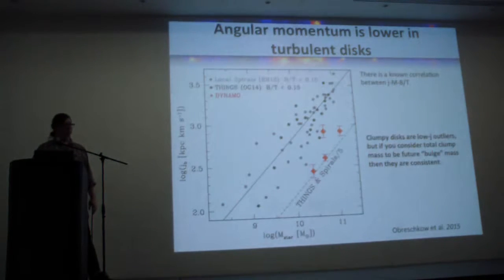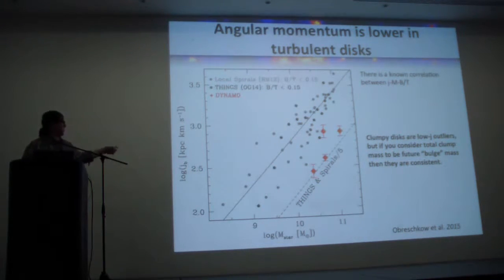We are also just beginning to look into results on angular momentum in these galaxies. And our results here are really more suggestive than conclusive. Luca gave a really good introduction to this diagram, the mass-specific angular momentum, little j, plotted against stellar mass in galaxies. And you get a positive correlation at the same bulge-to-total ratio in this parameter space. Dynamo galaxies, however, are a factor of 4 to 5 low in angular momentum. We think this is maybe